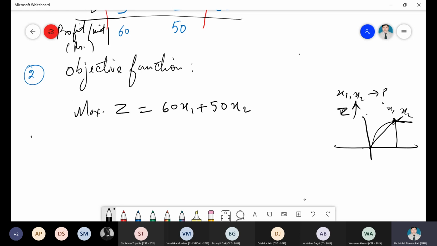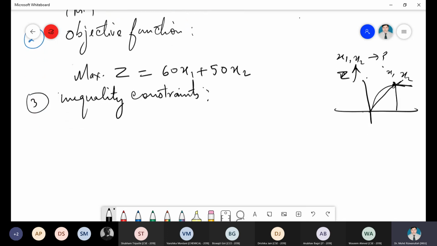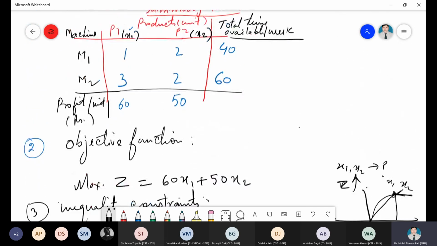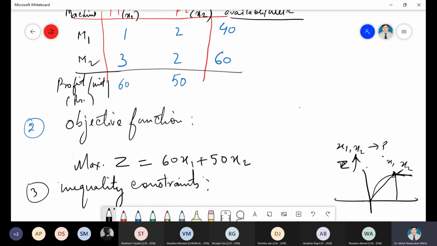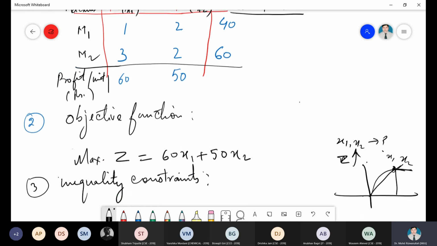Now the third is called the inequality constraints. Inequality constraints means we should formulate the constraint equations, whatever the limitations and limited resources we have. Now see, 1 hour on x1, 2 hours on x2, and 40 hours per week is given. So your first constraint will be